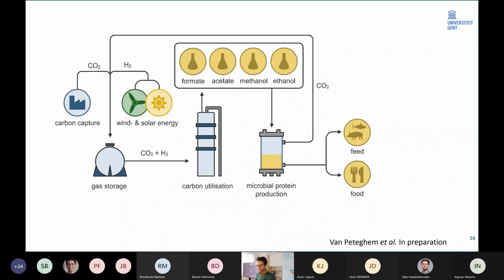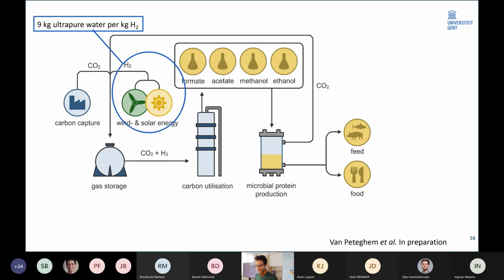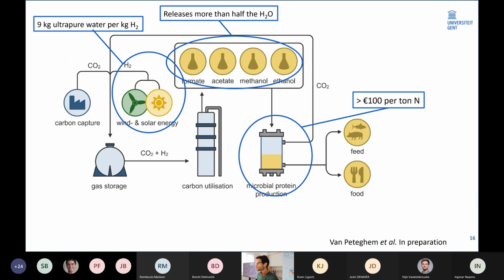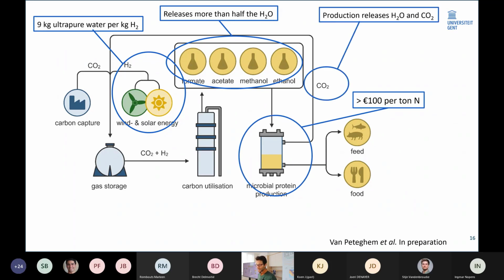Then this is also from the group of Korneel Rabaey. You see some of the concepts here linking up carbon capture with the hydrogen economy. And here you can see that from 9 kilograms of ultra pure water, we go to 1 kilogram of hydrogen. Then we combine this with the CO2, we get to reduced carbon compounds like formate, acetate, methanol, ethanol, and then we oxidize this aerobically. We produce a product with a high value, and furthermore, the CO2 that is released and the H2, we can cycle back and recapture to combine with hydrogen gas.